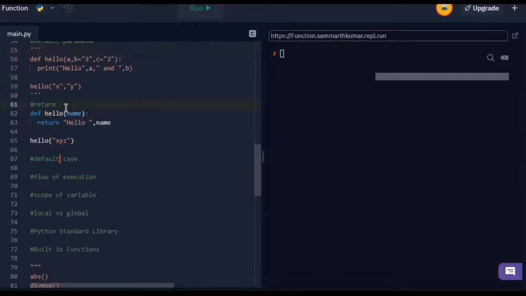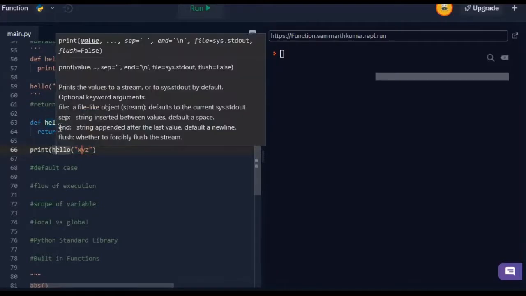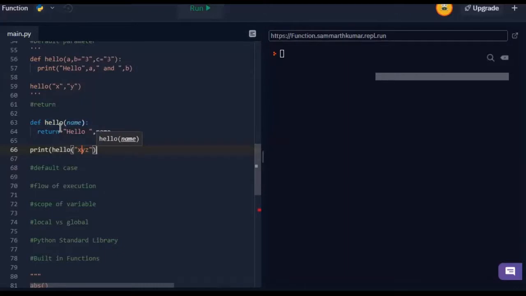So now what this means is that every time I call the function, this value is given to the function itself. Okay? So this I have when I call the function. Now after this program runs, the value that's after return is given to the function itself. So I can't just leave it this way. I need to print the whole function because the value is given to the function once I return. And if I do that,